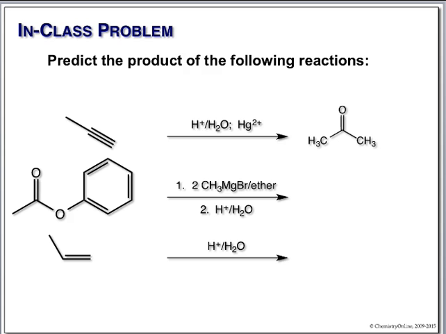Two moles of methyl magnesium bromide in ether, followed by standard acid workup. We're dealing here with a carboxylate ester. Now, the thing to remember on a carboxylate ester,